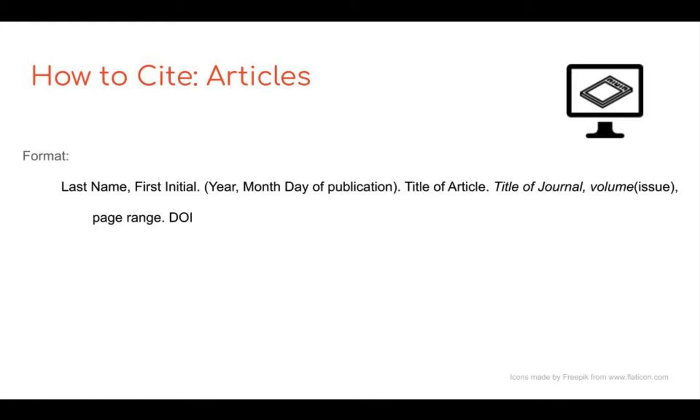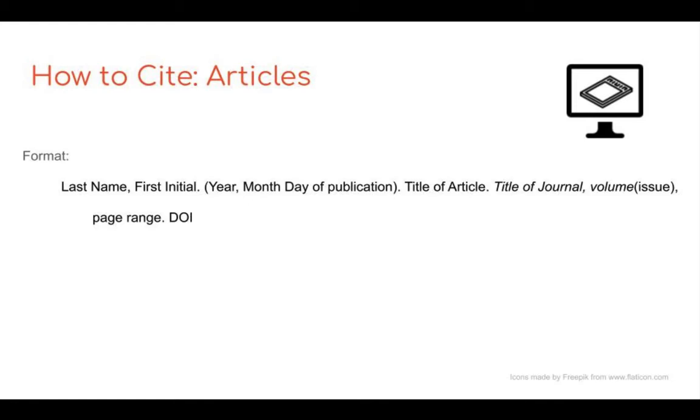of the article, the title of the journal in italics, the volume number in italics, which, just FYI, I didn't realize was italicized, so I just want to point it out here. It's hard to tell when it's a number, but the volume number is italicized, the issue number is not, and then there's no space between volume, parentheses, issue. It's all squished together. Followed by a comma, followed by the page range for the article, and then the DOI,